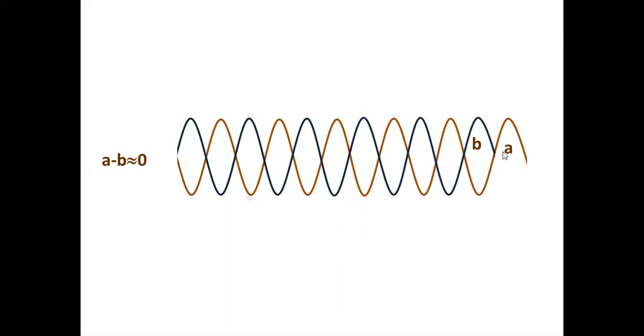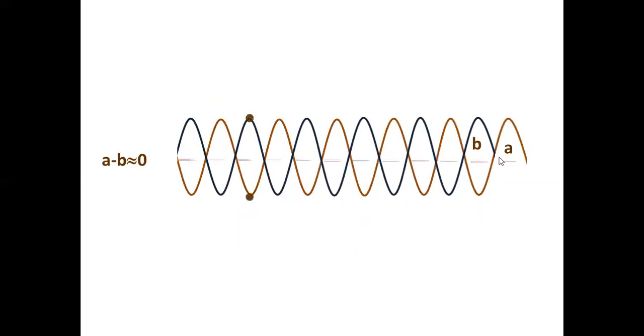They say, sir, we have traveled different distances. How much different? Lambda by 2, this much. This wave has traveled lambda by 2 extra than this wave. So there is a path difference between the two waves. This path difference has destroyed everything. Last time their crest and crest were falling together, but now their crest and crest are not falling together. Crest is falling on trough.